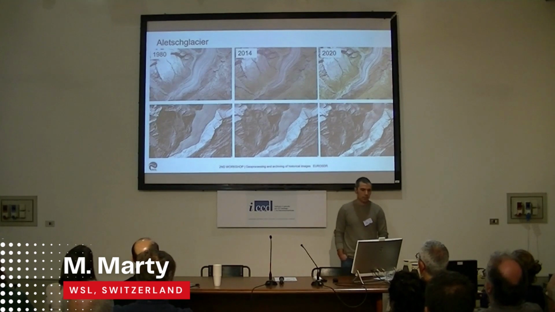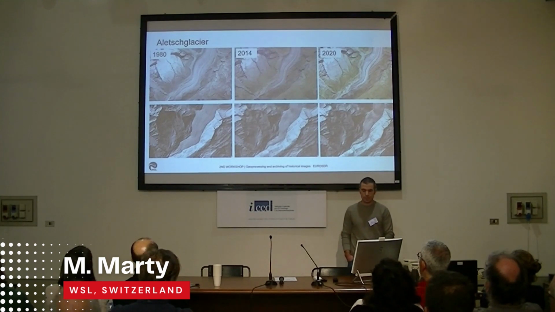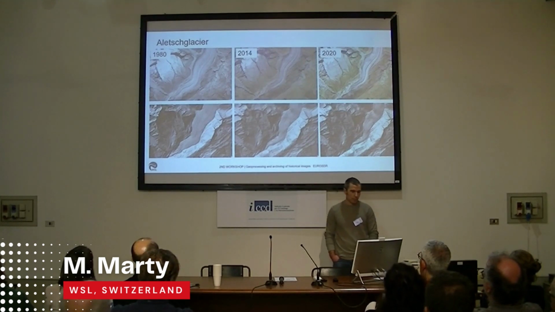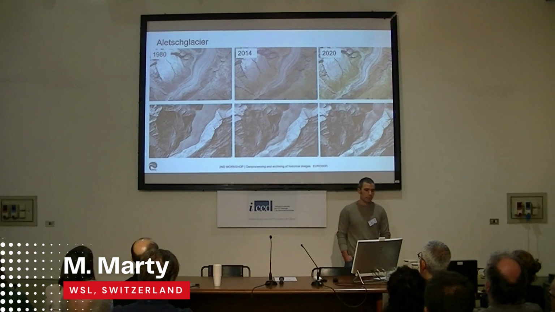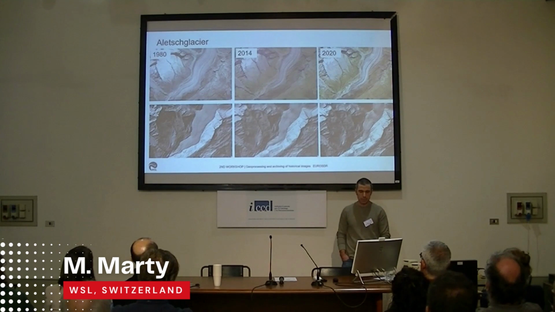Here, just as an example, you see the glacier tongue in 1980s, 2014 and 2020. There's an impressive change between the 1980s and 2014. It might be a little bit less obvious that there was a change between 2014 and 2020. But then you're really curious